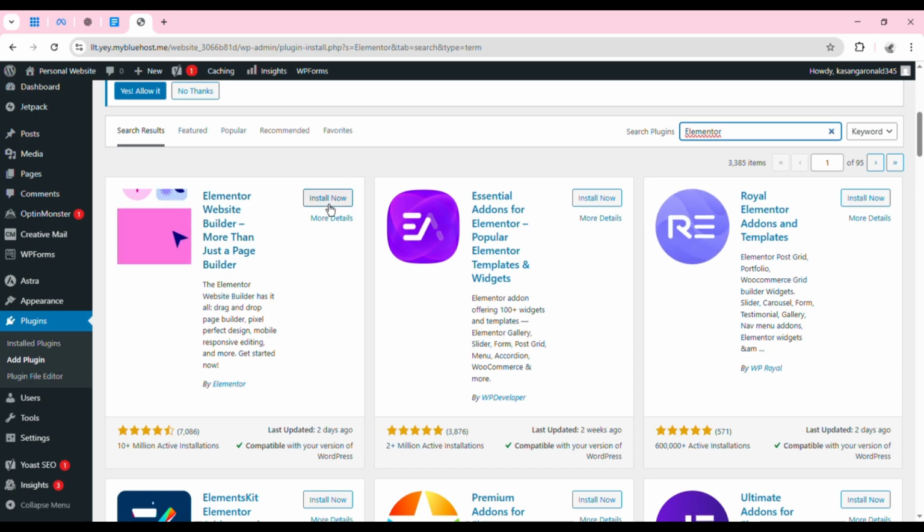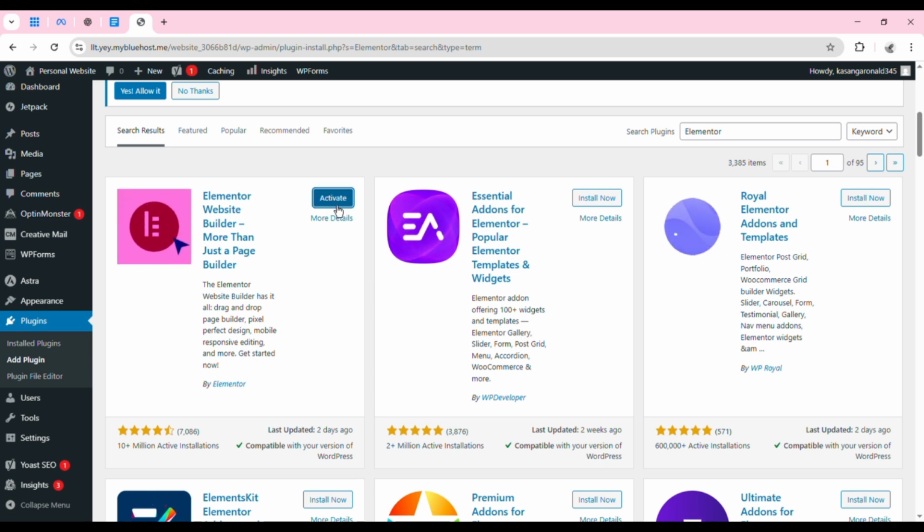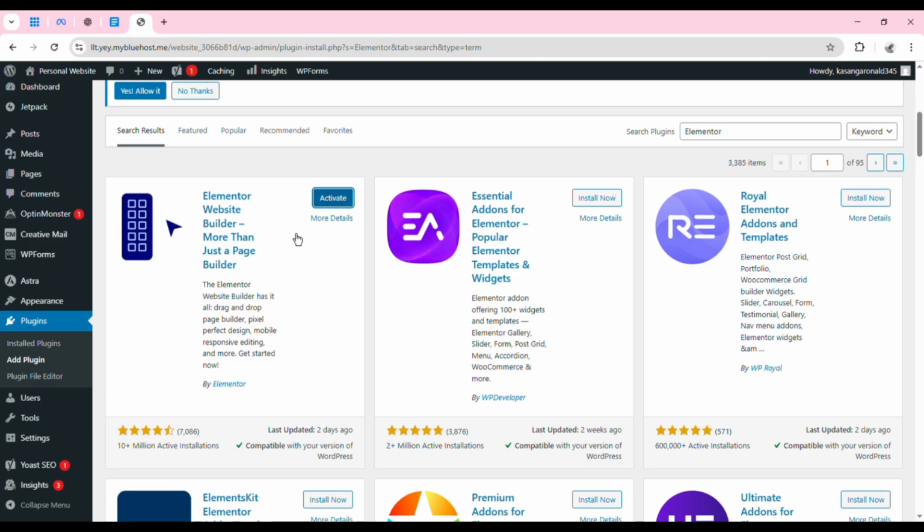Just come here and click on install. So your Elementor is installed, and as I told you, you can activate it. But for this case, I don't want to activate it right now, because I'll show you a feature whereby you can activate all the plugins in bulk,